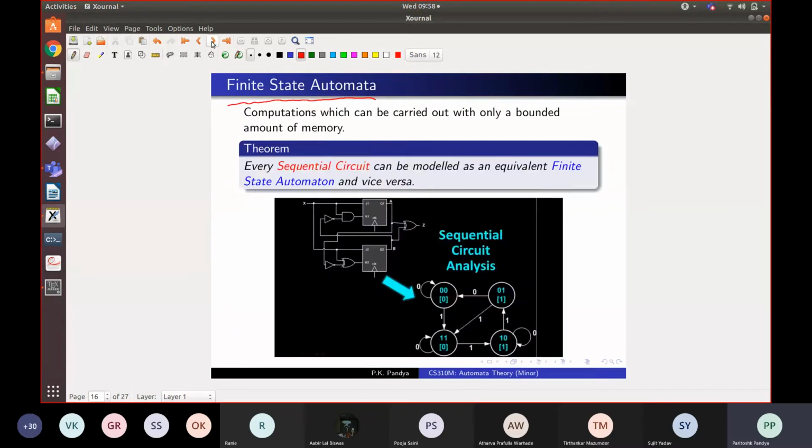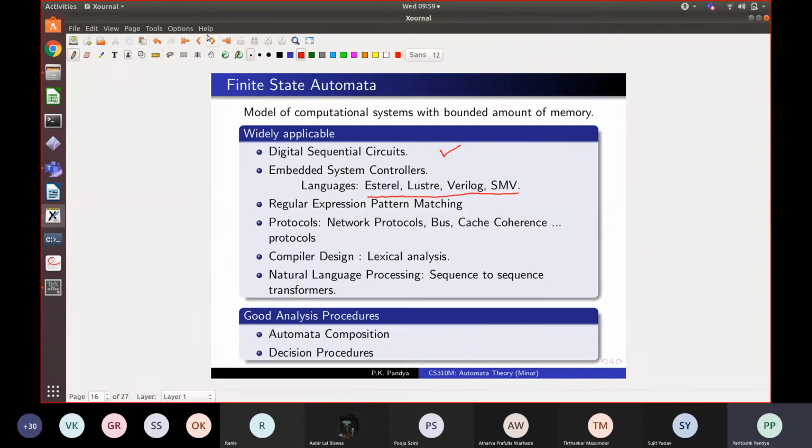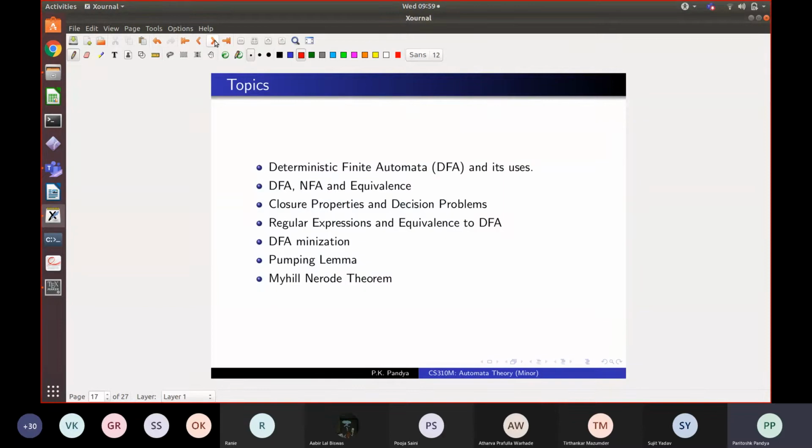So there is great interest in finite state automata, and this is an active area of research. In fact, currently, I'm reviewing a paper from a fairly reputed conference about regular expression pattern matching using automata. Okay, so research keeps on. This is a topic which started in 1940 or so, and it's still young, still being researched.